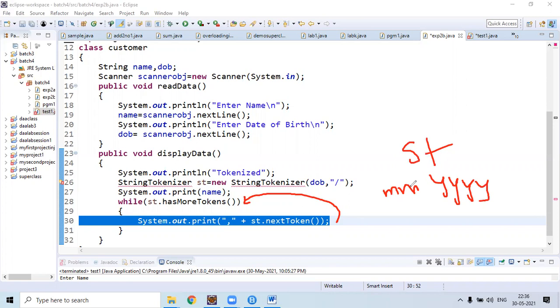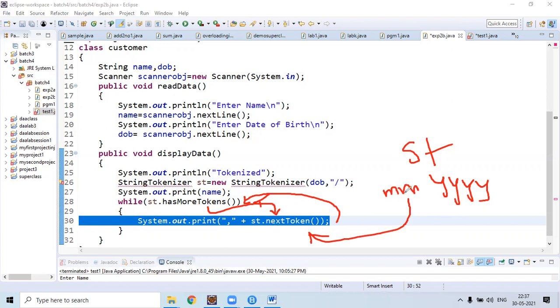Yes, st contains tokens. Condition true. So control enters the while loop. Then take mm by using the nextToken method.